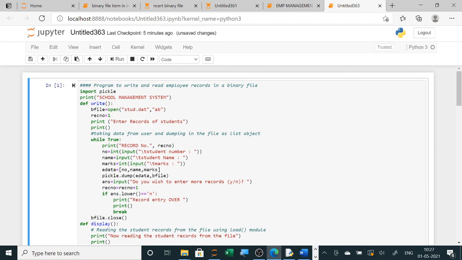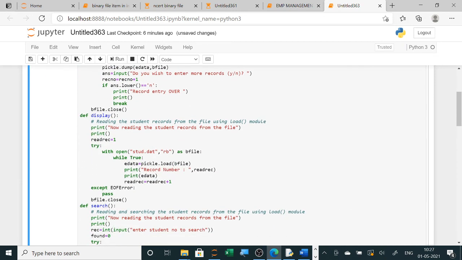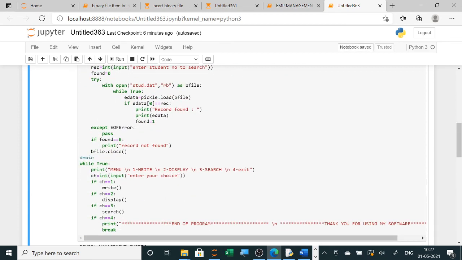Clear? So any project you can design, if you understand the previous one, then very easily you can design any project. So here school management, shop management, bike showroom, computer inventory management. Any project you can design using this. So binary file is over. Any other doubt you are having in this?